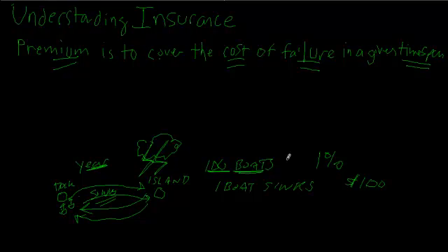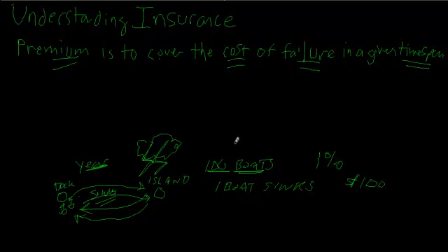And so an insurance company comes around, and by the way, this is actually the origin of insurance. The origin of insurance was with maritime traffic: the insurance of boat goods and boat cargo going from, let's say, Europe to America. So an insurance company comes along and says, look, there's only a 1% chance of a crash. We have 100 boats here in our dock, and a $100 cost for a boat, but there's only 1%. In a given year, one of these 100 boats is going to crash.